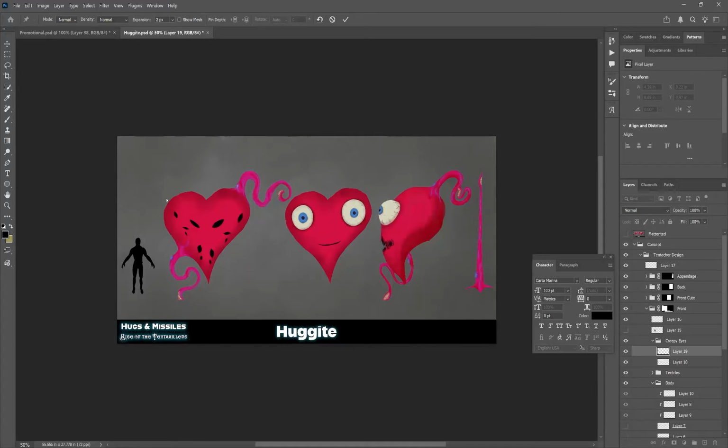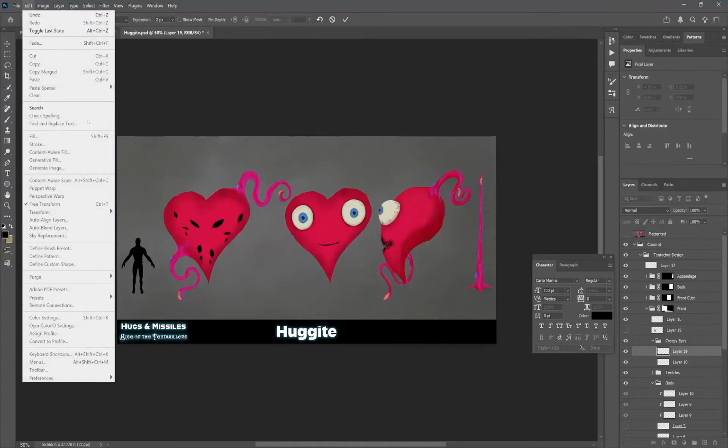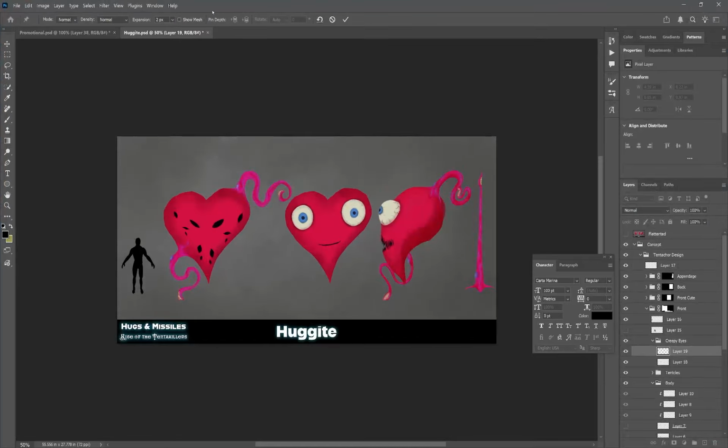Where did the tool even go? I'm in the tool. Where are the controls for it? Show mesh. That's the thing. Oh gosh. Okay. So anyway, you can put pins in here, right? And then you can kind of manipulate these things.